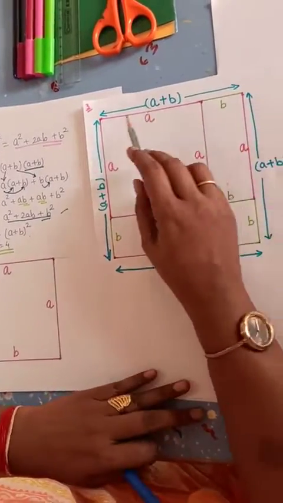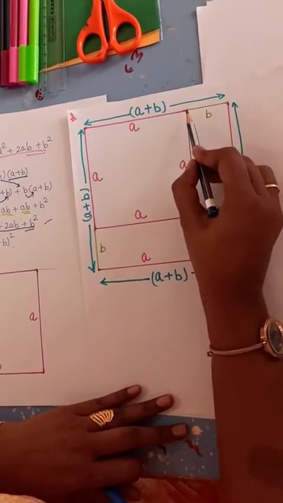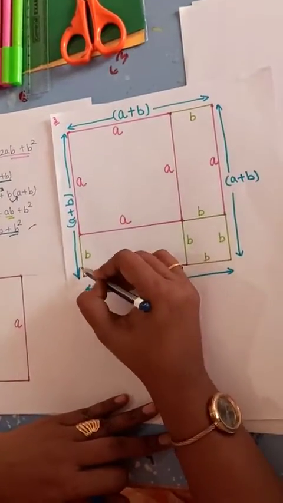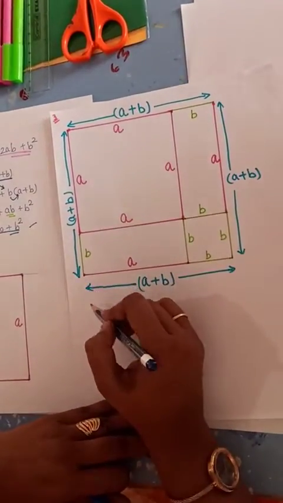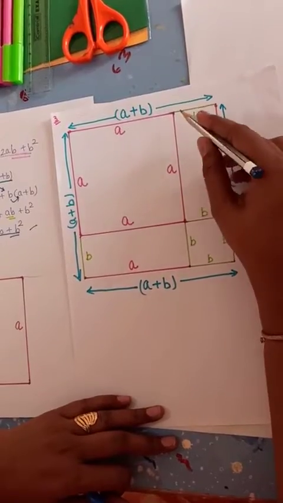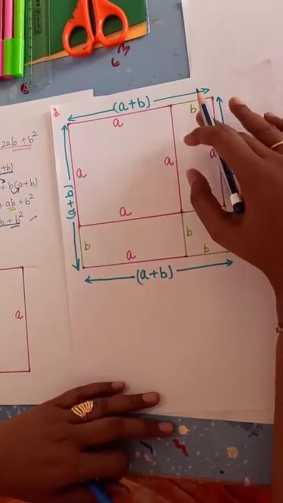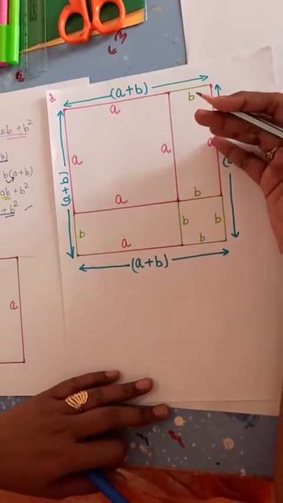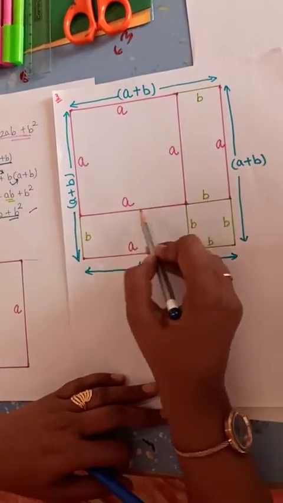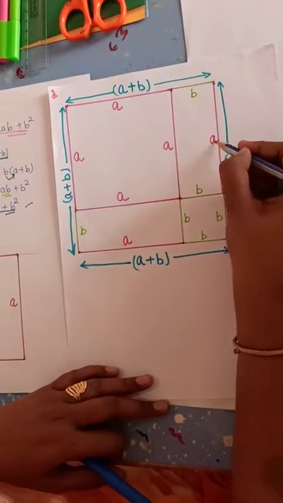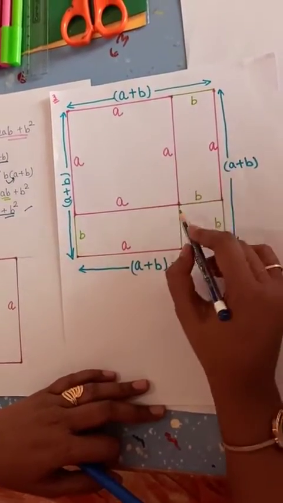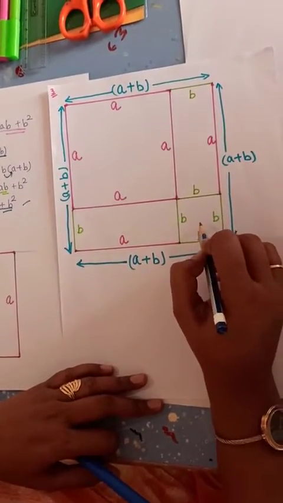Now here we have another square. This A I have extended by B. This is 4 centimeters. I have extended here also 4 centimeters. Then I have joined. But students, you might see that I have used two different colors. The reason is only to identify which is my B and which is our A. So wherever the pink color is there, that length is A. I have marked all the pink with A. And wherever this green color is there, that is B.